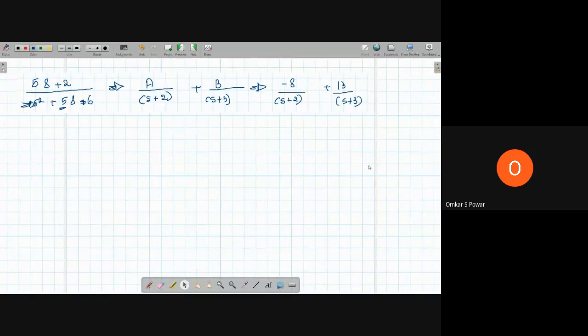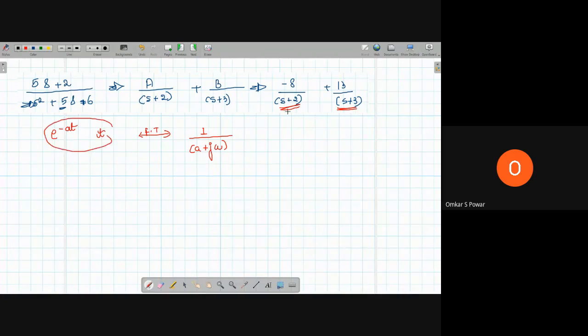You have studied, and I have also derived this one, in the sense that I have solved problems on it: the Fourier transform of e power minus at into t. What is the Fourier transform of e power minus at into t? I told you to remember 1 divided by a plus j omega. So now you can express this in terms of a plus j omega and get the Fourier transform easily.